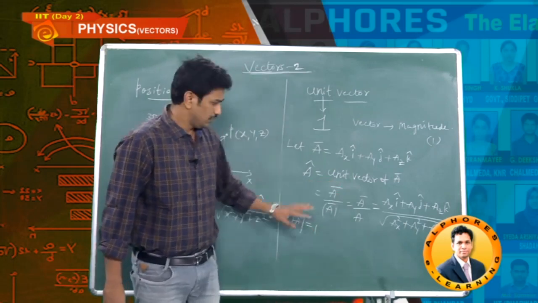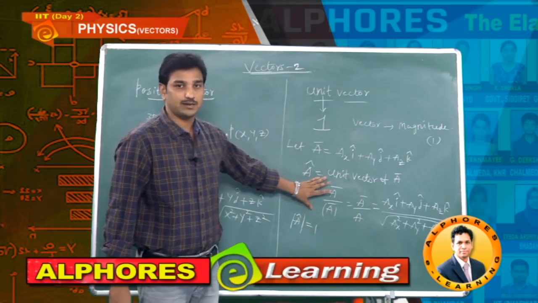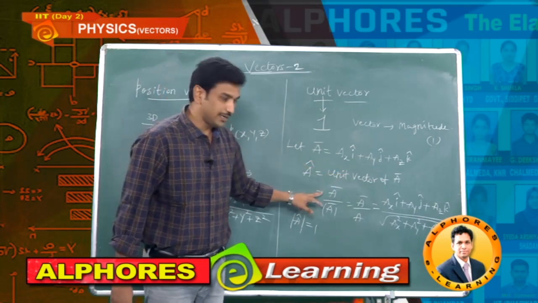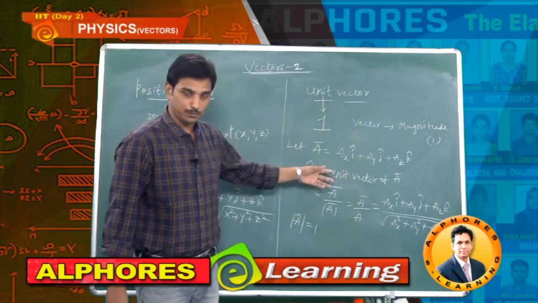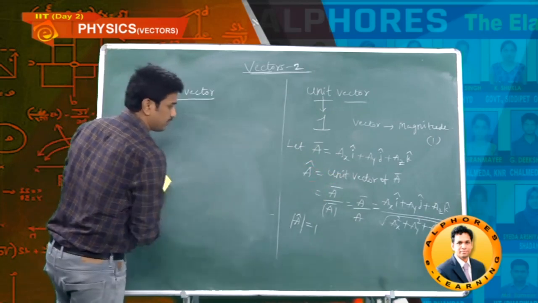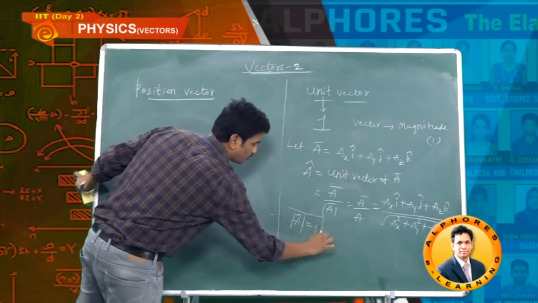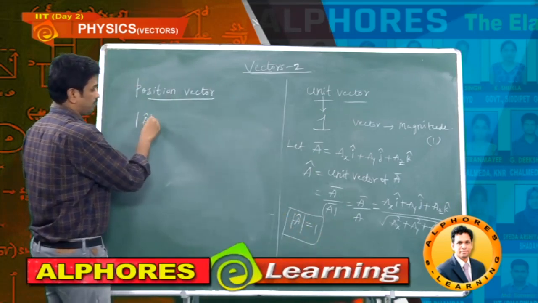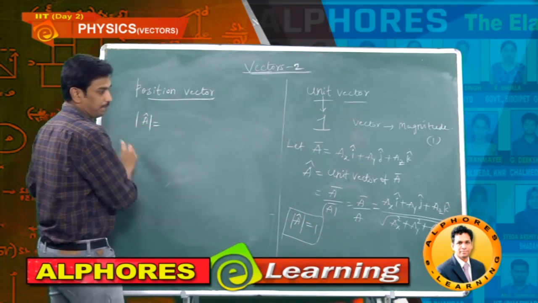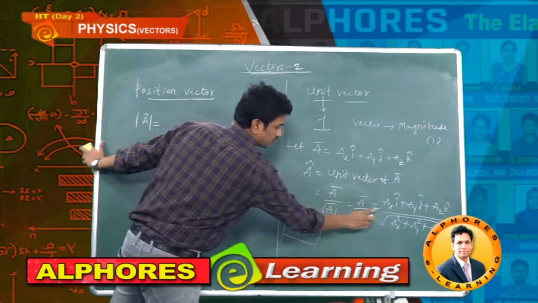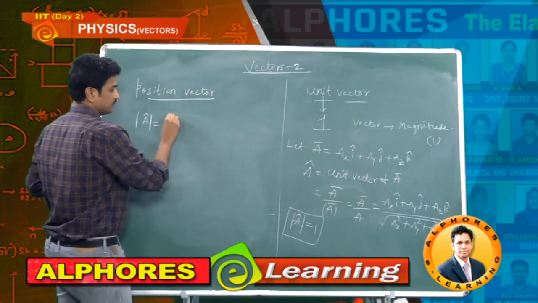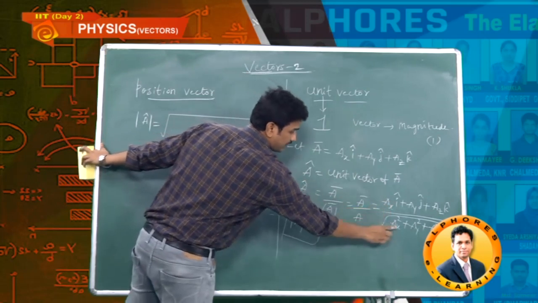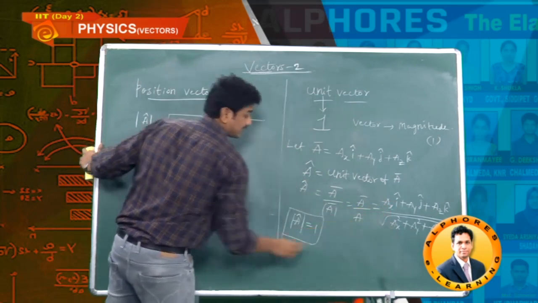Now I am verifying. The formula is correct, I know that, but it's not the point, because you can't believe everything I am telling you. So I am giving this explanation as a continuation. Now I am going to prove this point. Mod of A cap: see A cap now, i cap coefficient whole square under root. What is the i cap coefficient? Ax by root of Ax square plus Ay square plus Az square.